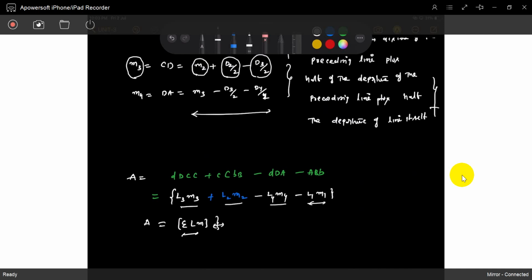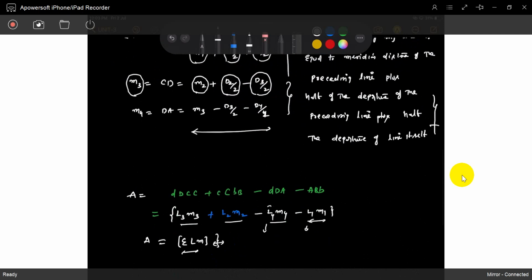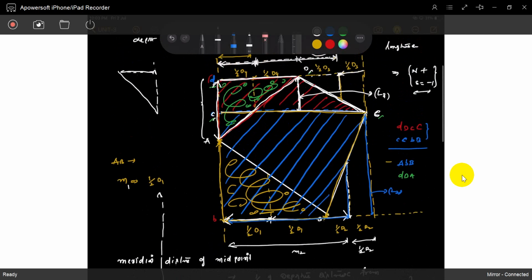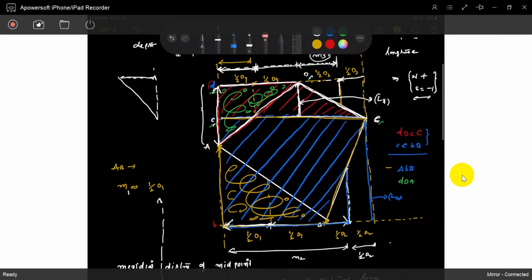Sir, how can something be deducted with a negative sign and something with a positive sign? If you observe, we write a negative sign for L4 and L1. Understood? Just observe: what is the AB line? AB line is this. If you observe, take the sign. AB has a longitude on the south side, so automatically it has a negative sign. So there is no need to see a diagram.